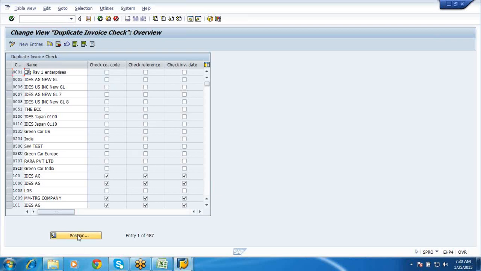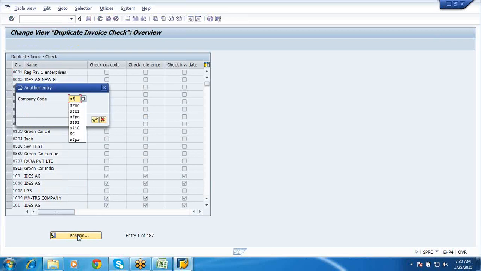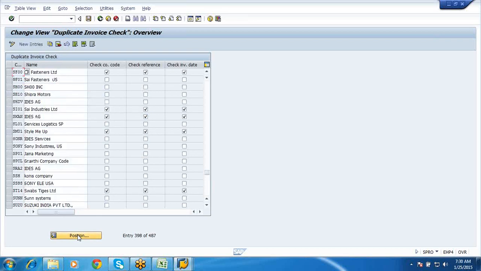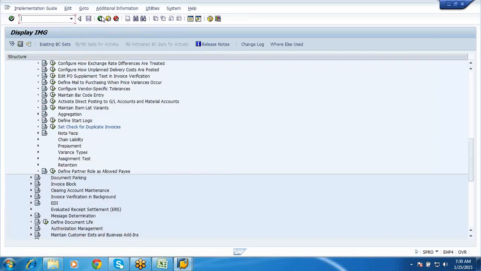It is done for my company code also, I believe SF00. Yes, it is there. So you cannot post a duplicate invoice for this. Any one condition satisfies, then it will throw an error. It will not allow you to post. Okay, so this is about the invoice part.